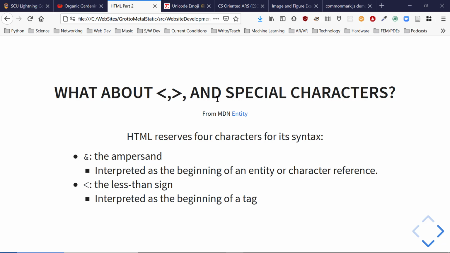We saw that HTML uses the less than and greater than symbols for setting up the elements and the tags, the start tag and the end tag. So how does HTML work with those when we want to use those characters themselves? How do we tell the difference? HTML has a simple method. HTML reserves 4 characters for its syntax. That means they can't appear